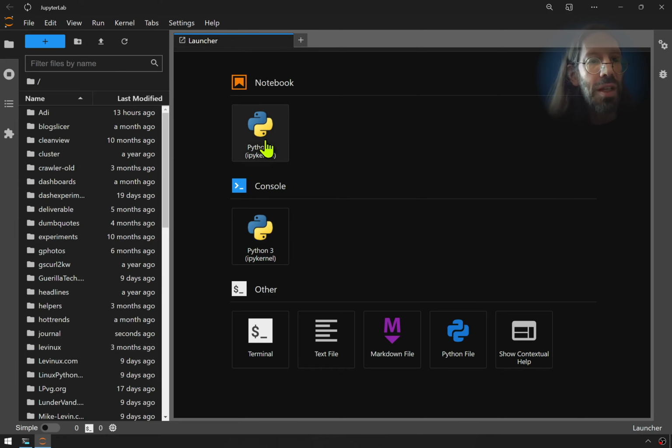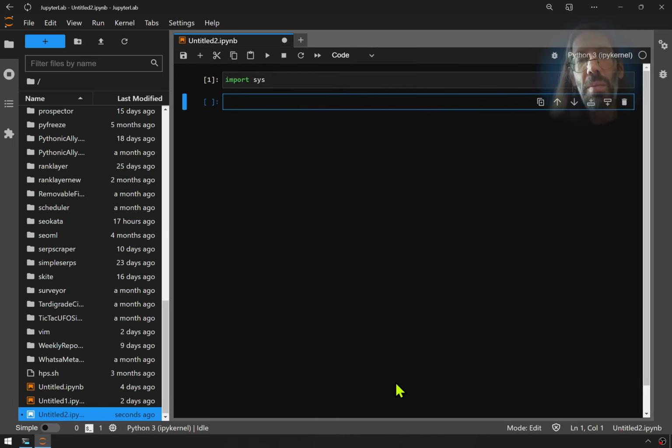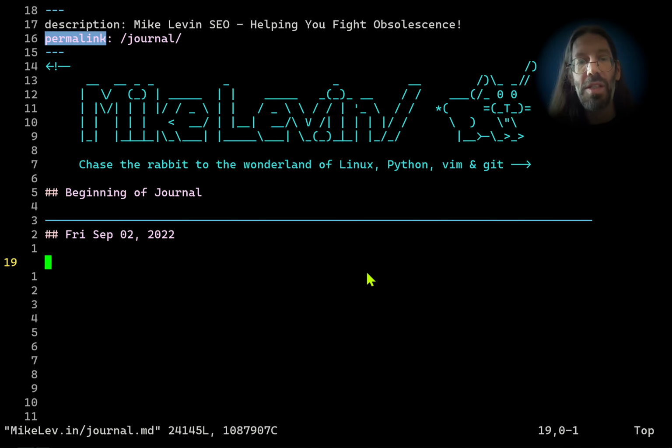And the amazing thing here is if I start a new notebook and I import sys, and then I show you my Python executable with sys.executable, notice home/healess/pi310, which is my virtual env, to the Python 310 executable. And notice the forward slashes in the Unix path. This is being served from the Linux side. This is being hosted by a Jupyter server running on the Windows Subsystem for Linux, similar to how I have